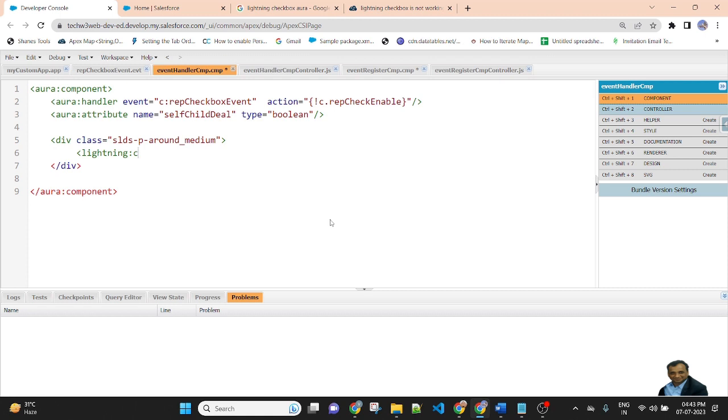Not a lightning checkbox, it is a lightning input, with type equal to checkbox, and ID equal to the ID I'm passing, and then value equal to curly bracket.